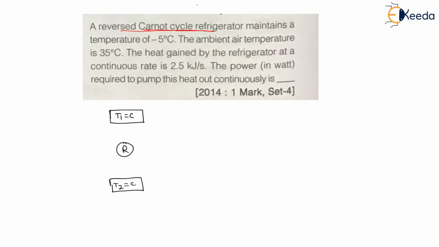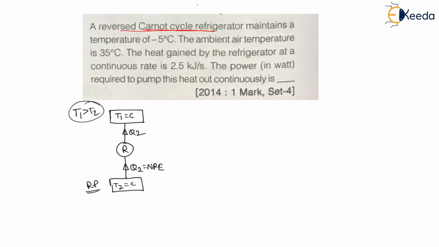Now the purpose of the refrigerator is to extract heat from the refrigerated space. Here T2 is the refrigerated space. Let us say RP, refrigerated space. The heat extracted from T2 is Q2, which is nothing but the net refrigerating effect in case of a Carnot cycle. The purpose of the refrigerator is to extract Q2 amount of heat from the lower temperature reservoir T2 and continuously supply Q1 amount of heat to the higher temperature reservoir T1, where T1 is more than T2.